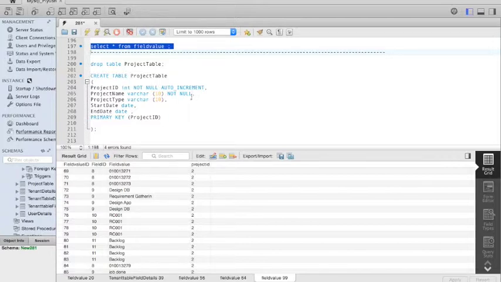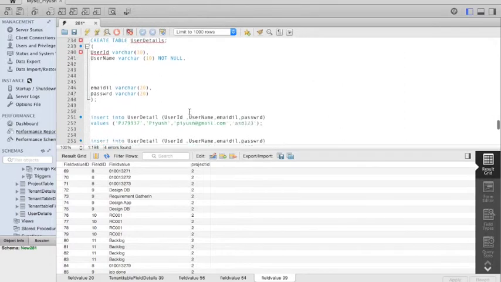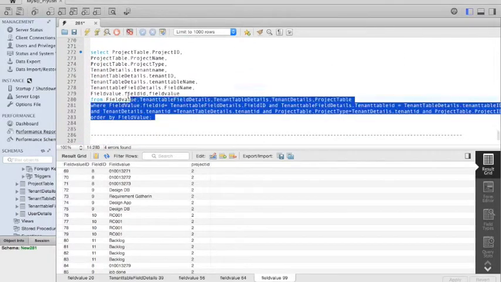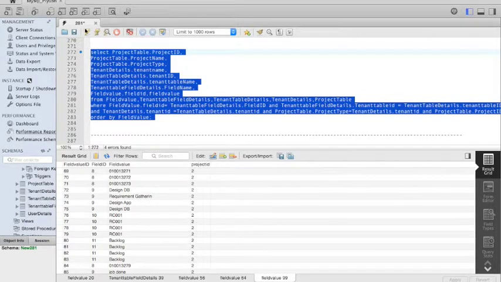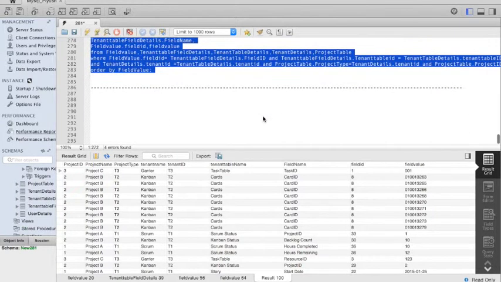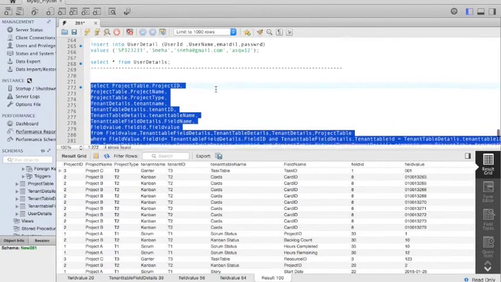Now we are going to make a join which will incorporate all the necessary values, showing the complete details about the multi-tenant schema. After executing this query, we can see that for this project it has been differentiated: the project has been categorized, the project type has been categorized, and all the other parameters have been categorized according to the values we have given. So this was the basic architecture of the multi-tenant schema we followed for our project.